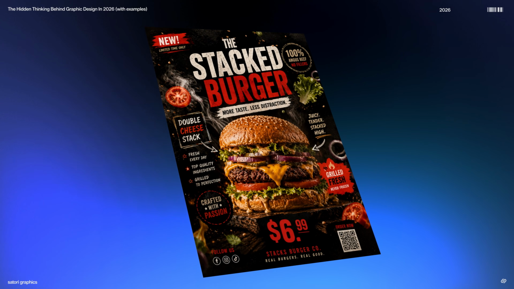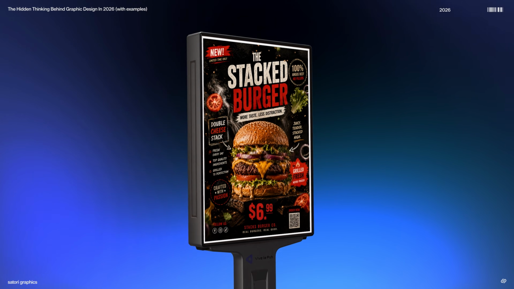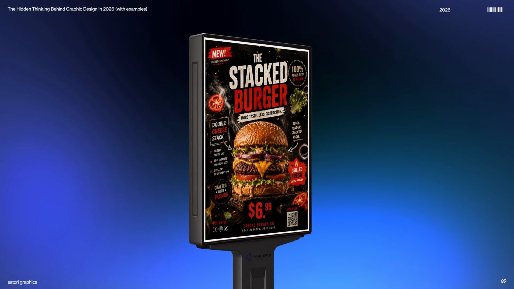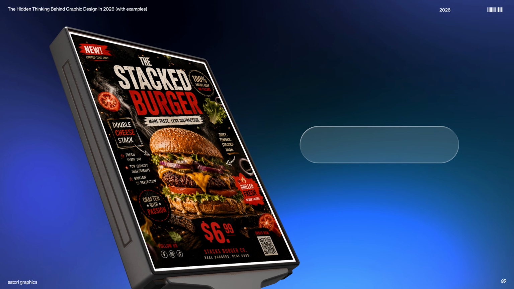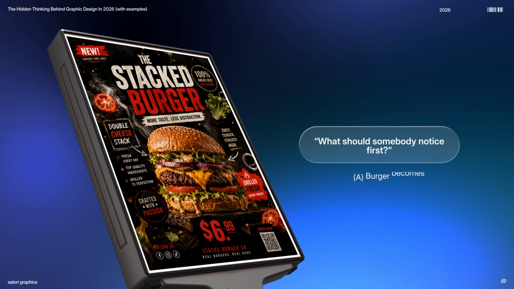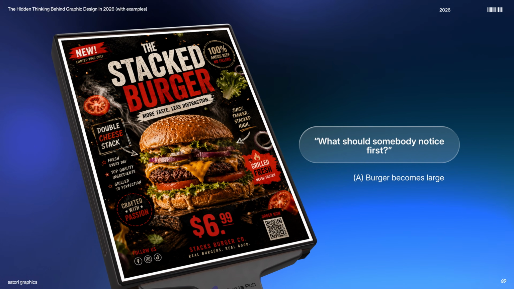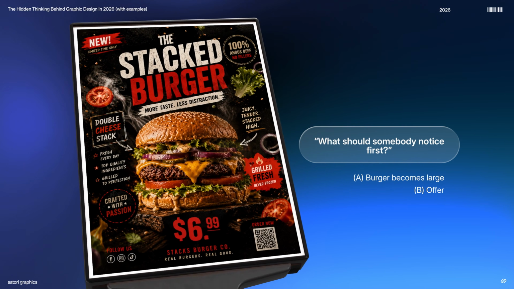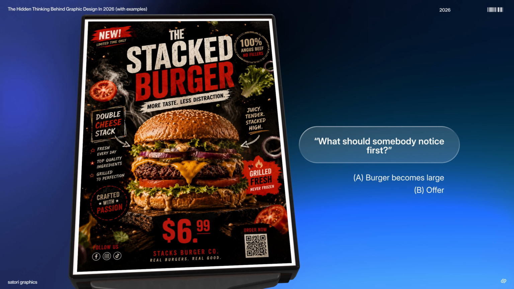And so let's improve this poster again, but this time I'm not thinking about colors or typography or making it look more premium. I'm just going to ask one question. What should somebody notice first? Well, it's the burger, and so that becomes larger, of course. The offer is the second most important thing here, so I'm going to increase the size and the contrast. Everything else is going to get pushed to the background because it supports the message rather than leading it or